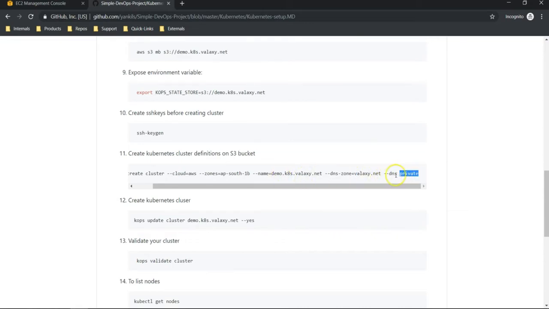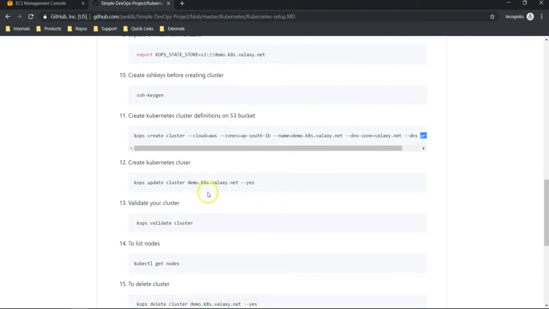So we are providing this information, and we can also provide a VPC or any customization you want to do over here. But this command would be sufficient to create our cluster definition. It won't create the actual cluster, it just creates the definitions. To create the cluster, we should execute this command. Whenever we execute this command, it actually creates our cluster on AWS. We can see that IAM roles, Route 53 record sets, auto scaling group, EC2 instances, all these are getting created while running this command.